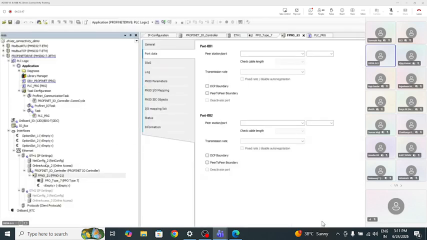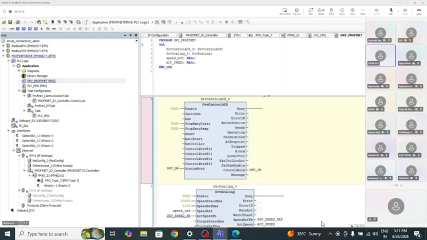Is that clear? I'll just give a recap. You need to add the Profinet IO controller under the ETH port which you use. Then under that, please add the right GSDML file based on your adapter. On the back side of the adapter, you will have the numbers. Based on its compatibility, you can use the file, then choose the right PPO type and do the mapping. Coming to the programming part, here you need to enter the station name, ABB drive hyphen the number that is mentioned in 5125. Then you need to use these two function blocks, Drive Control ACS and Drive Scaling. So that's about